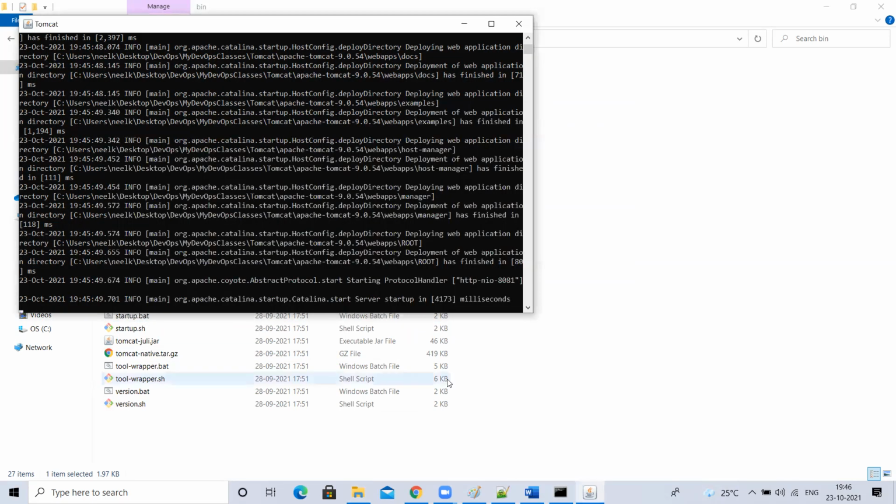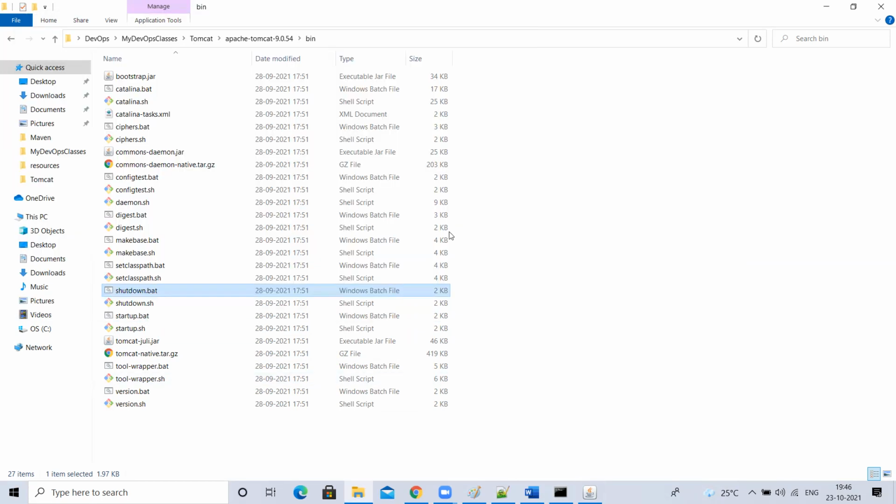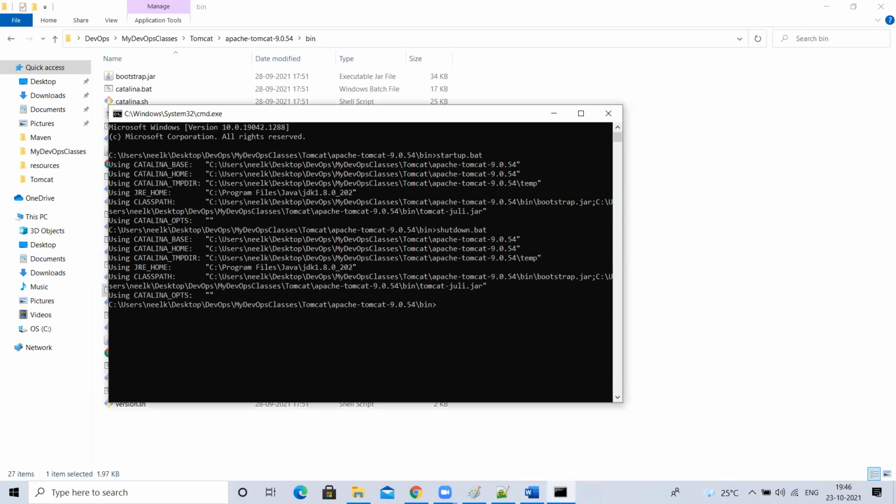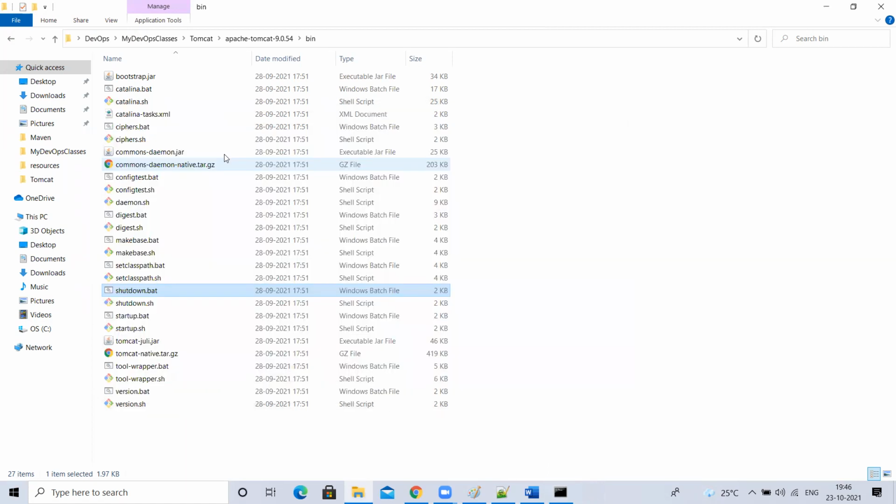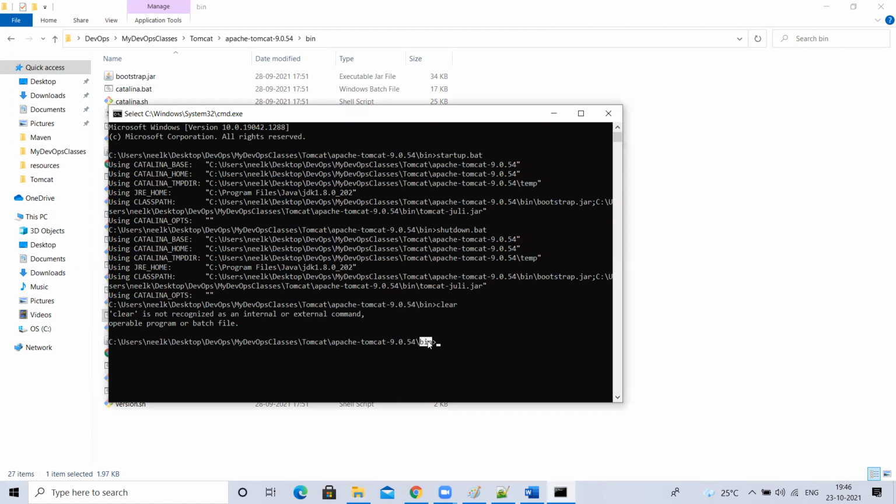Now see here, the pop-up is gone. Your Tomcat got stopped. In Windows you can double click startup.bat, or open a command prompt in this bin location only. If you run from some other location, it cannot understand the bin commands.